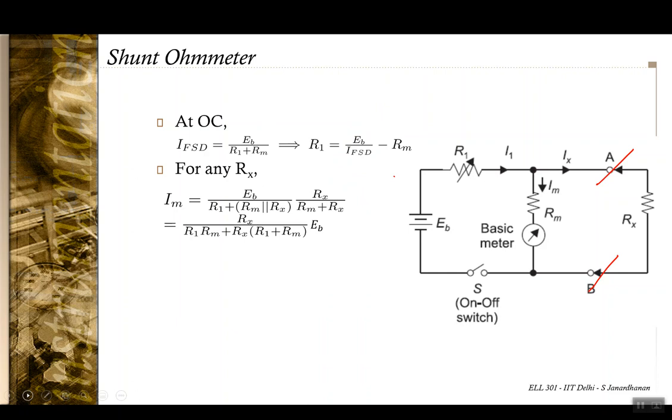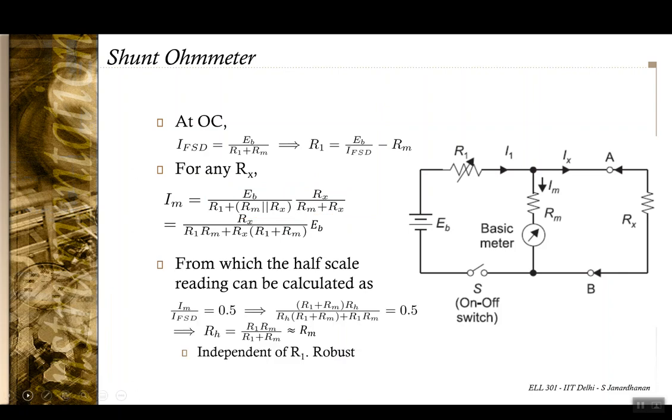For any arbitrary value of Rx, the total current that is passing through the meter is given by this particular expression. This is the total current I1 that passes in the circuit, and Im is only this fraction of the total current. Now for half scale deflection you need Im by IFSD to be 0.5. So this expression should be equal to 0.5, and if you try to find out the value of RH, the resistance at half scale deflection, you will see that RH is approximately equal to